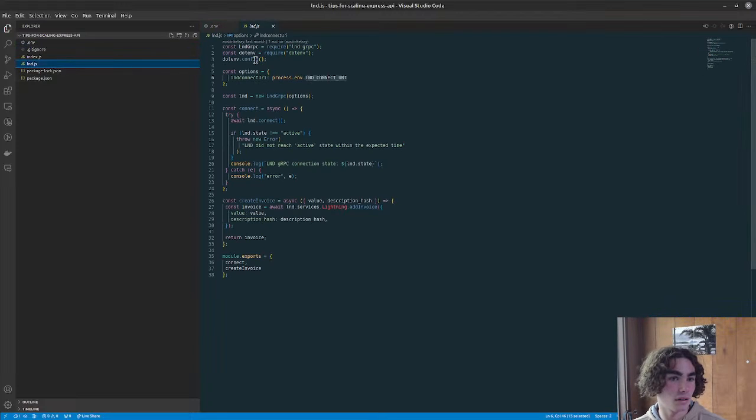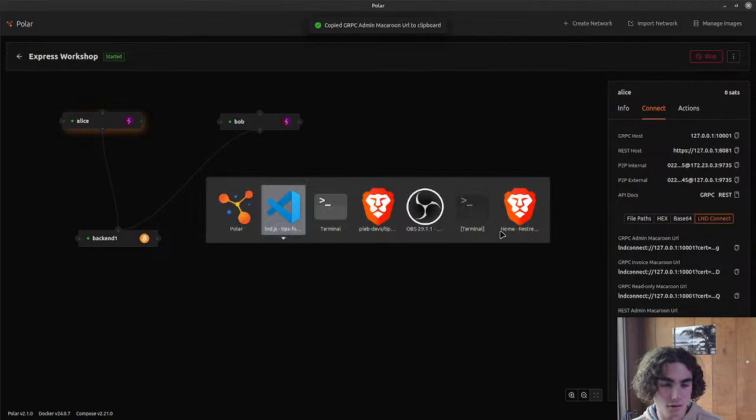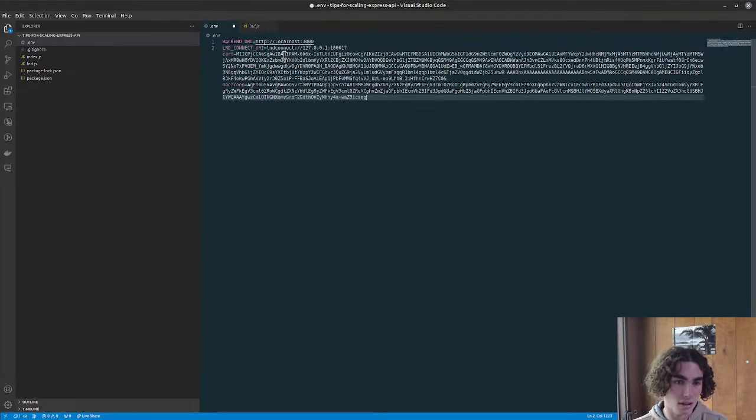We're using the lnd gRPC library. So I'm just going to take this admin one, but depending on, like, if it's for a LNURL pay endpoint, then maybe you don't want anyone to be able to spend your money. You just want to create invoices, so you could use this URL. But I'm just going to use this one, and we'll just stick this in here,